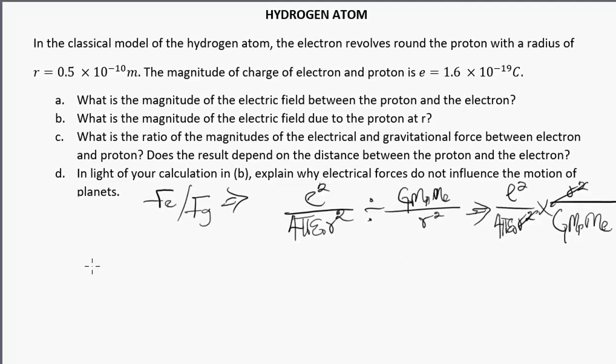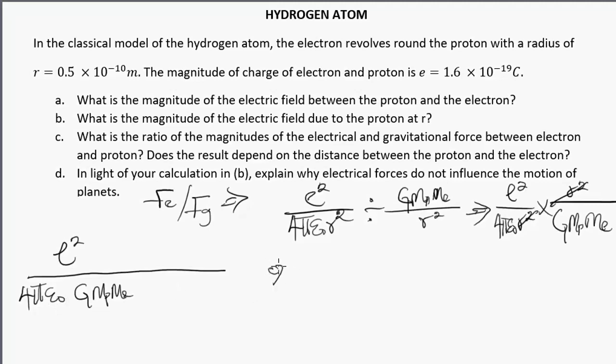So ultimately I'll have E squared over 4 pi E naught G M proton and M electron. So the next thing I'll simply do is to go ahead and impute the values for all these and then get my answer. Now let's also recall that 1 over 4 pi E naught is a constant, and that constant